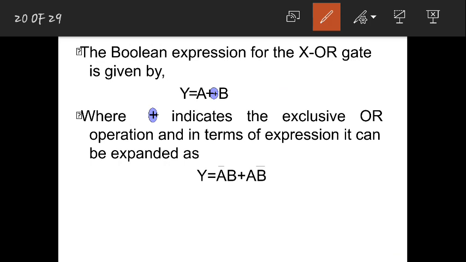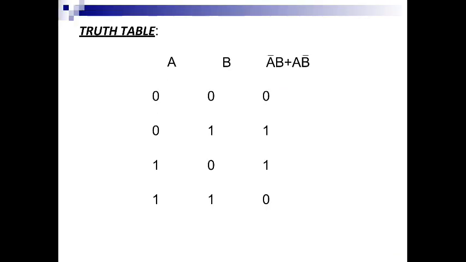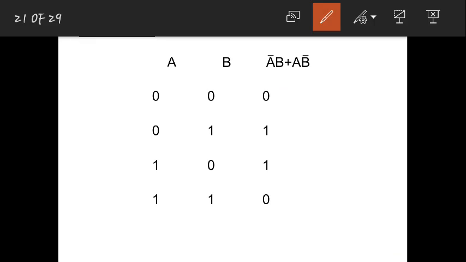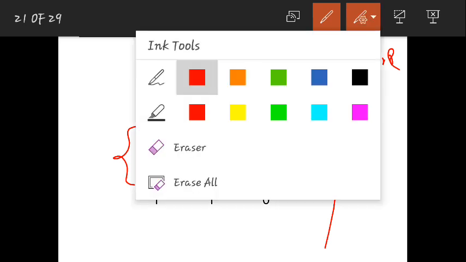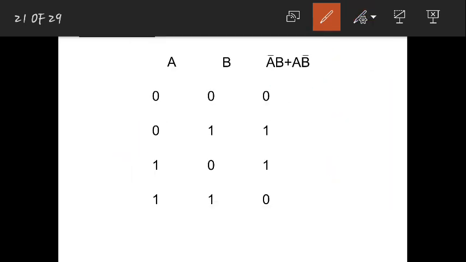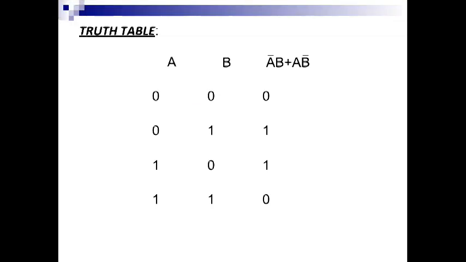And even the truth table, if you substitute in that expression, you will easily get it, or else you can remember just the opposite of XOR. Remember XOR, and XNOR will be easy to remember. So whenever you have any difference in the inputs, then the output will be equal to 0. For XNOR I am talking about. Whenever inputs are the same, then the output will be equal to 1. In this way you need to remember XOR and XNOR. These are the two exclusive OR gates.